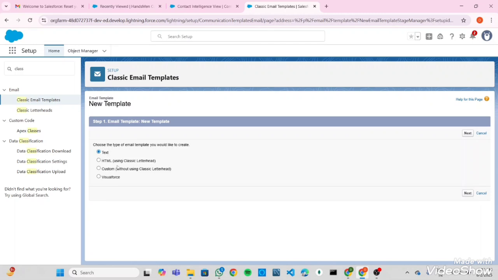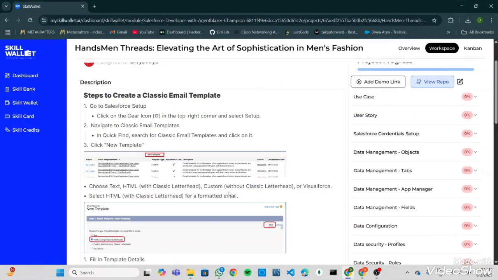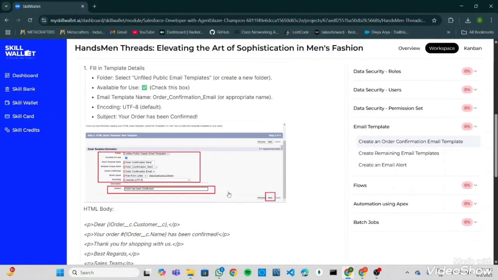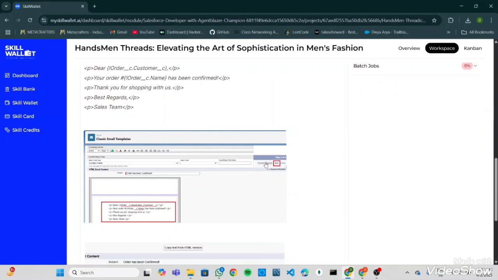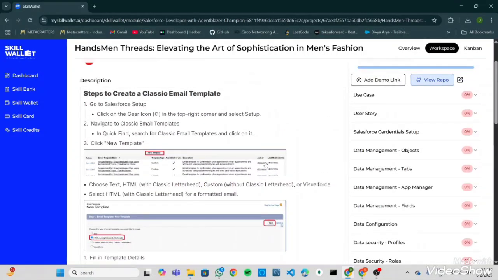These are the options: text, HTML, custom, visual force, and these are the types, and these are the steps which we have to follow. And the email templates which we have created are